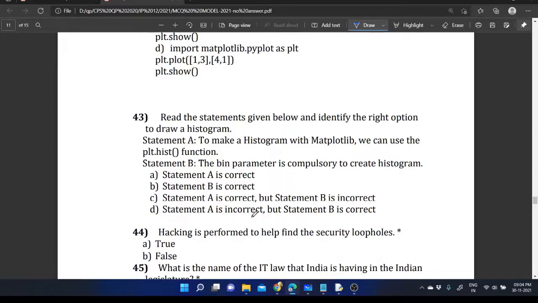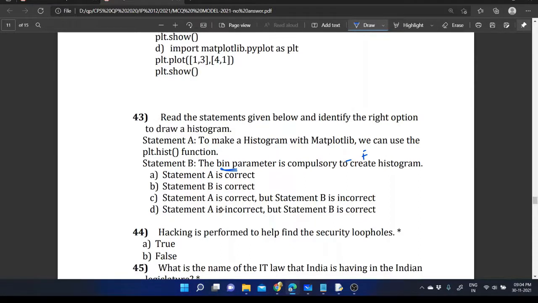That's not compulsory actually. That's an optional parameter that we use within the function. So for creating a histogram, the bin parameter is not a mandatory thing. So this statement is false actually. So this one is true.